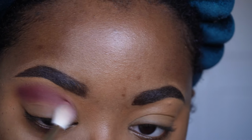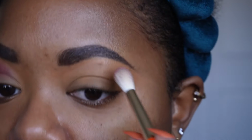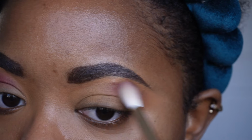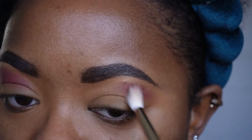From that, we ended up here. It's beautiful. And I think I could continue to diffuse this. I'm just going to stop there for now and move over to this eye. And today's look, I think I want to keep somewhat simple. And that's simply because